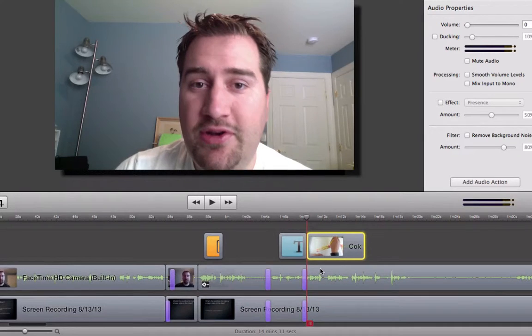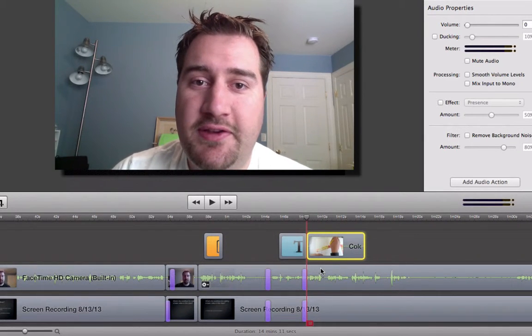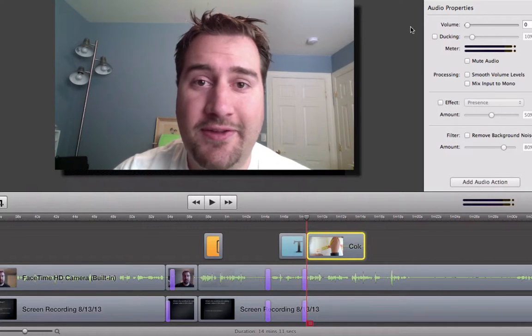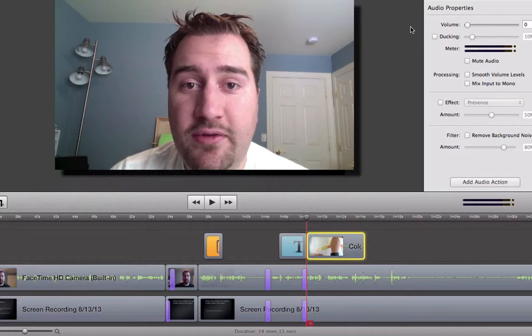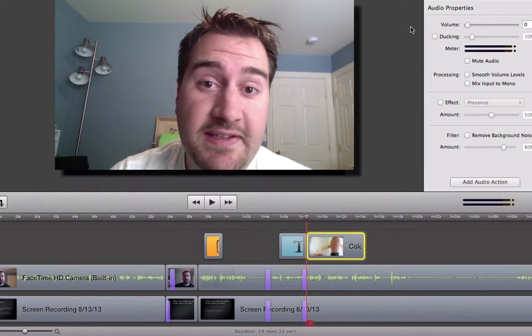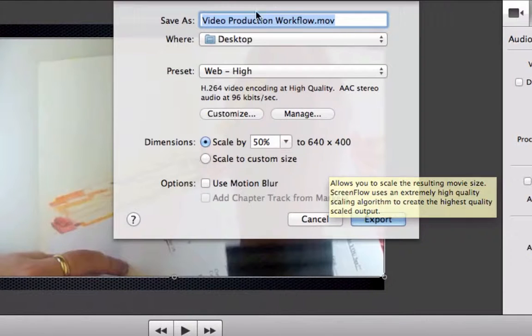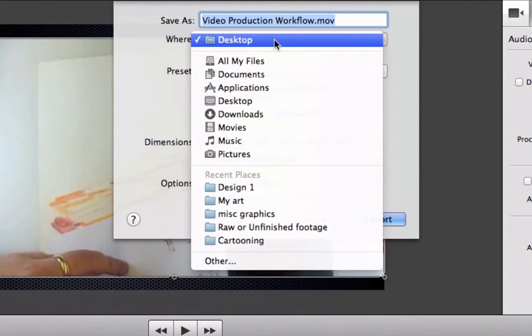And there's our video. Now when you're all finished, you need to export your video. And to export means ScreenFlow takes the raw file here that we've been working on, and it converts it into a format that other computers and devices can recognize. To do that, you just go File, Export, simply name your video file, say where it's going to go, and